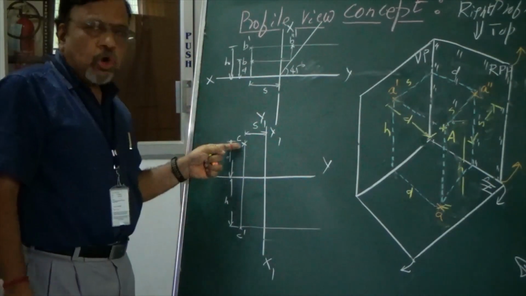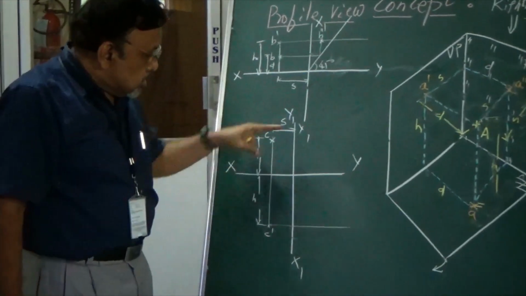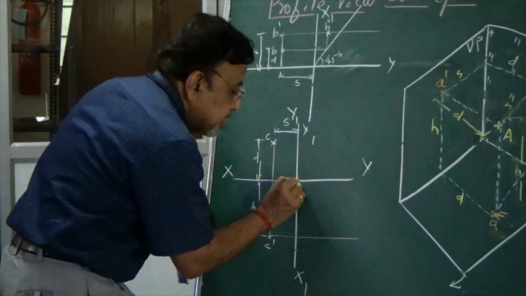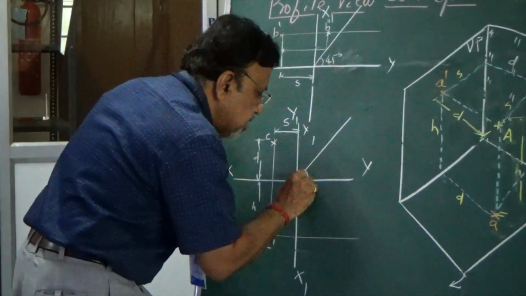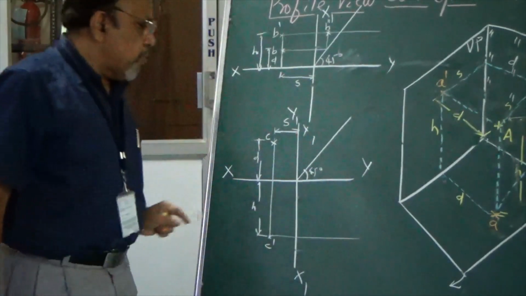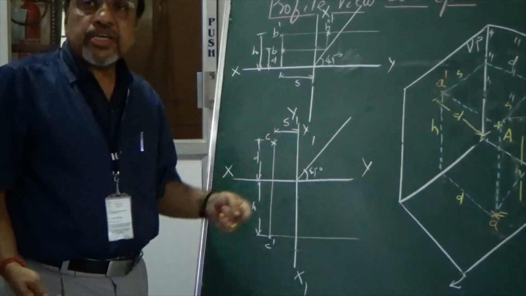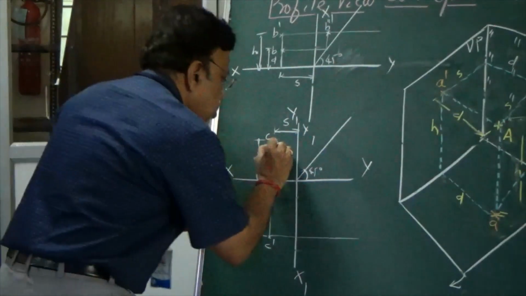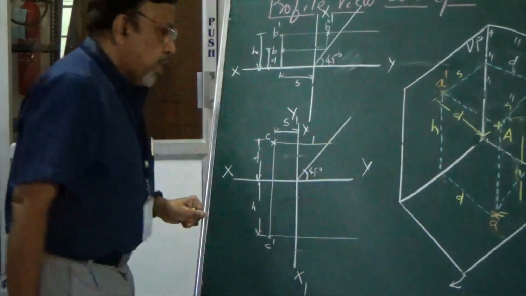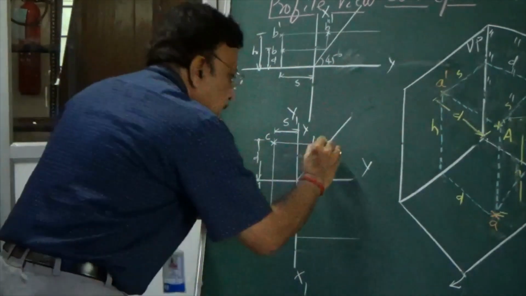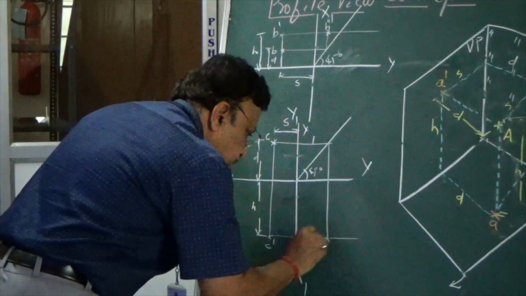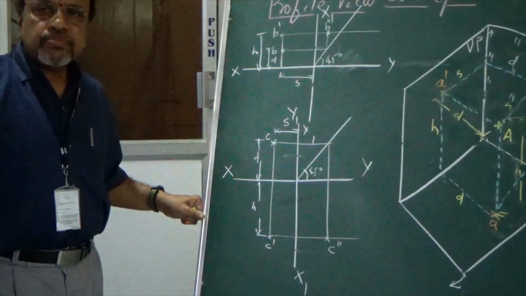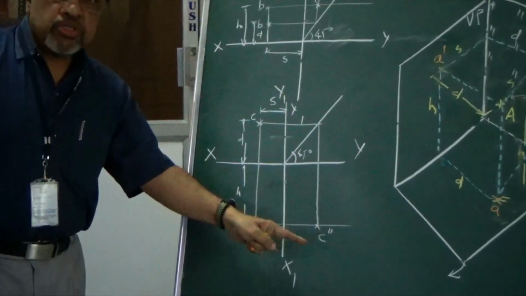And wherever you have the top view, I need to transfer this D distance. To transfer this D distance, we are going to consider this 45 line. So, in general, wherever you have the top view, I will draw this 45 line. Then, to transfer the D distance, the procedure is: draw a horizontal projector and draw a vertical projector. The intersection will give C double dash. Okay, now tell me, which side is this?